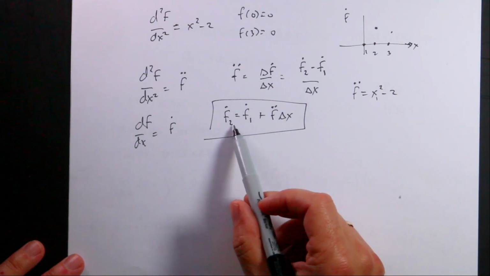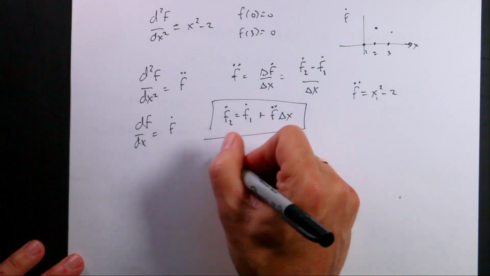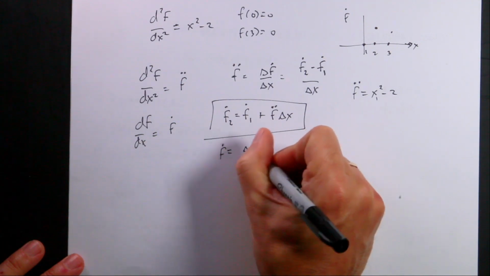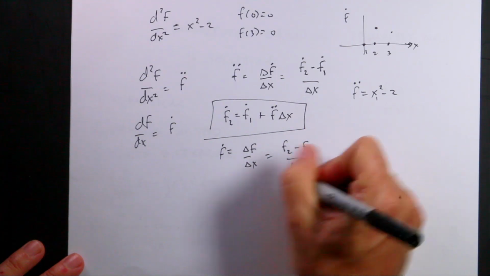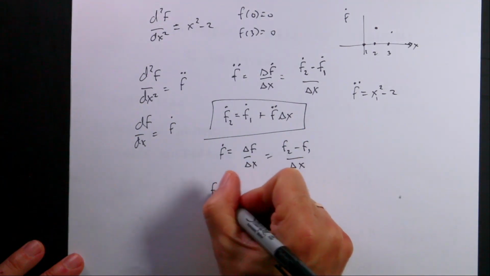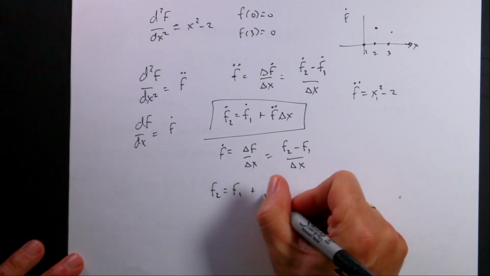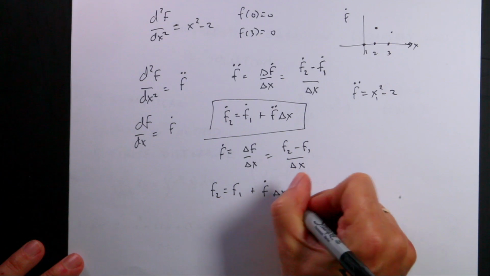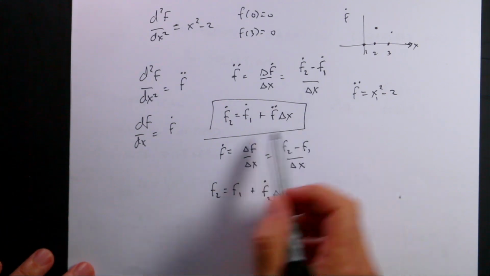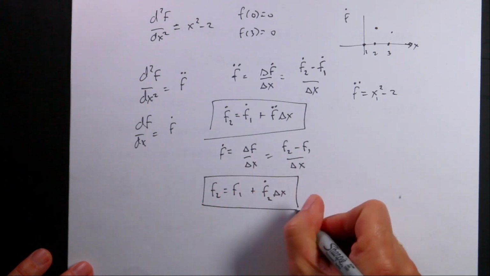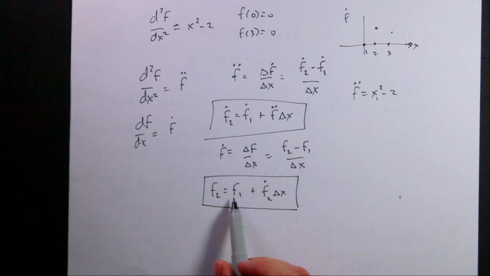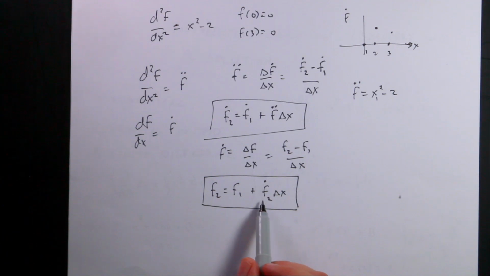Okay, so then what I can do is to take the derivative of f, say f dot is equal to delta f over delta x. So that's going to be f2 minus f1 over delta x. And I can do the same thing to solve for f2. f2 equals f1 plus f dot delta x. I'm going to put a 2 right there. So since I just calculated f2 dot, I'm going to use f2 dot down here, and that's how I can find that. So now this says if I know f1 at some position, I can find the next one using the derivative, which I would find up here. Okay, so this is how we're going to do it.